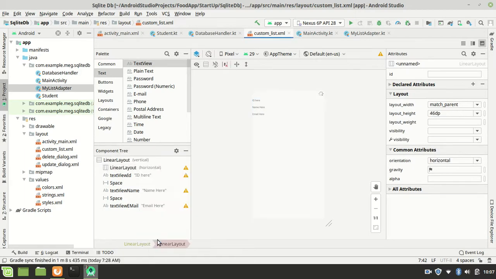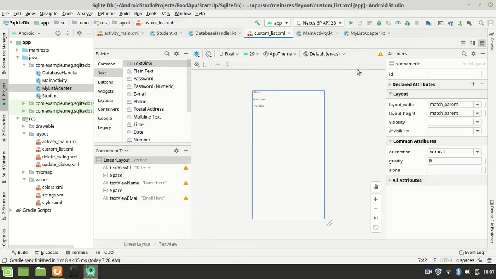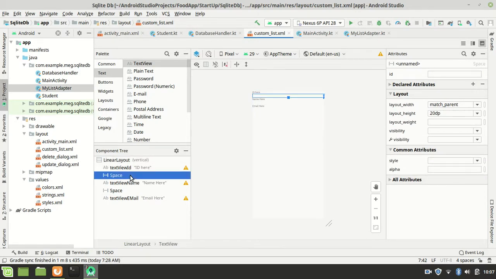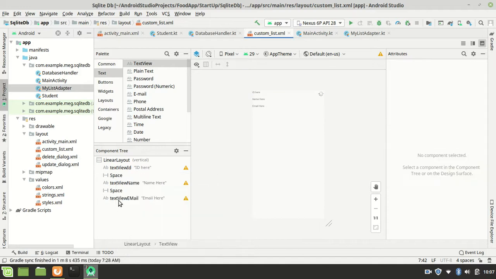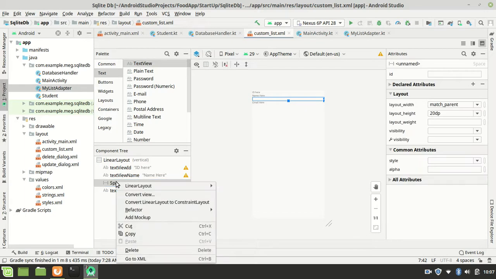So delete that. So we just have the ID, space, name, space, and email. So let's remove the spaces, then we use a margin. So just editing out so that it looks a bit presentable when you view it. So we delete the first space. You can delete the second space,